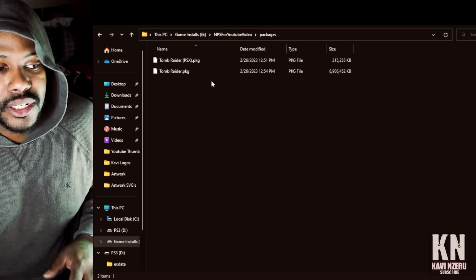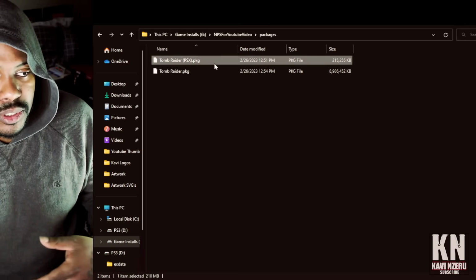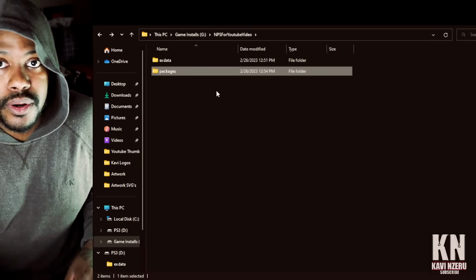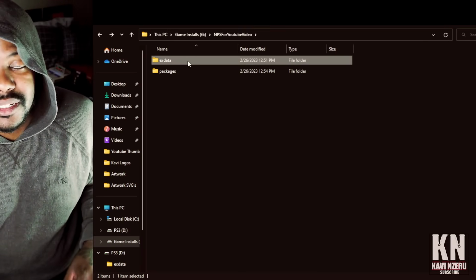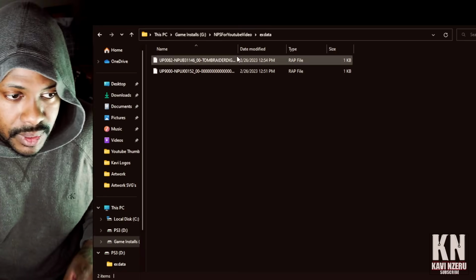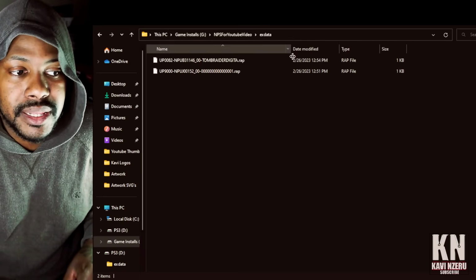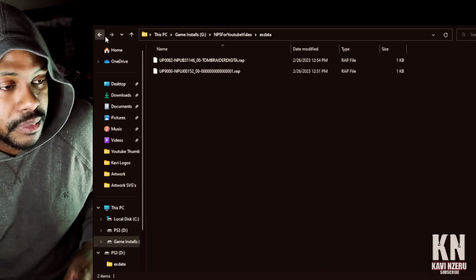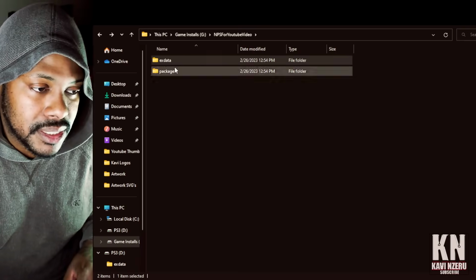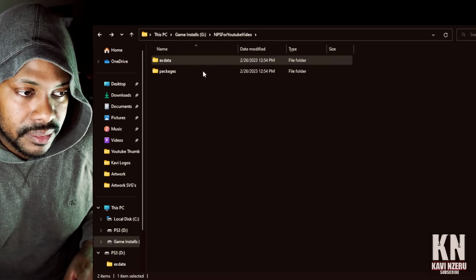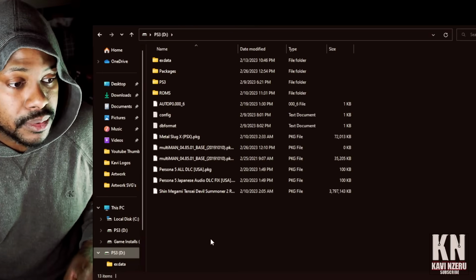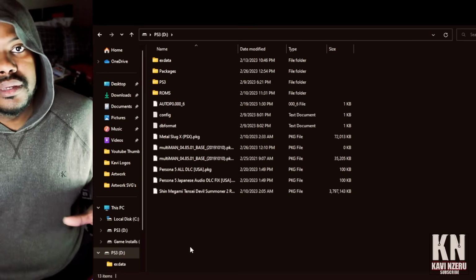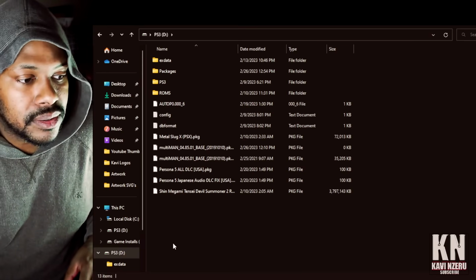Now in that folder, like I said, you're gonna have your packages. We just took our package, which was Tomb Raider for regular PlayStation, original PlayStation, and we moved it over to our thumb drive. We now have to take this EX data folder. Now this is very important. This EX data is what's gonna allow us to play the game. It's a RAP file. I'll explain that in a later video in detail if you wanna get real technical about stuff. We're gonna copy this EX data folder here. Just right click and copy, and then we're gonna go to our PlayStation thumb drive and drop it right there. Just drop it in our thumb drive. Okay, that's done. Let's now safely eject